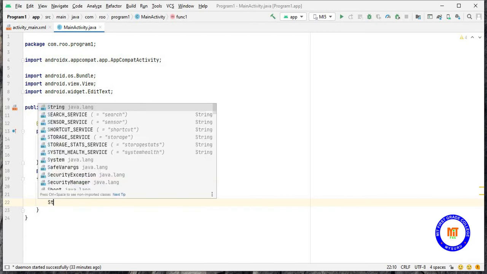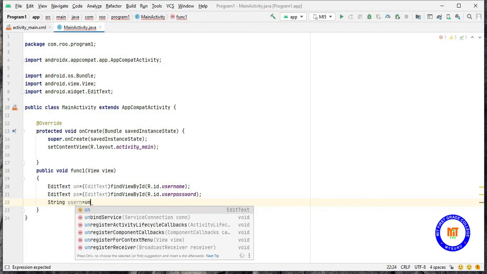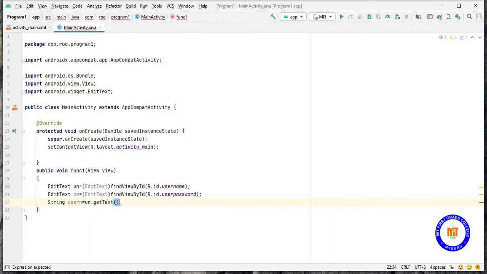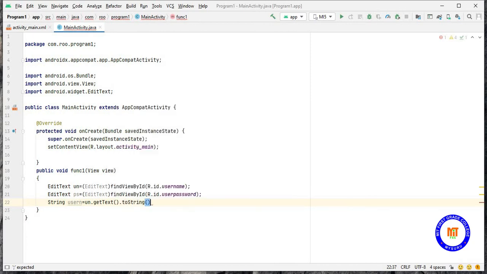For that I will take the data type as String, and a new variable, let it be username or user n, equals un.getText. getText is a built-in function used to extract the text from the variable un. Then I need to convert that to a string, so I am using the function toString.